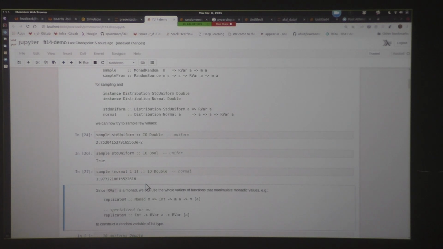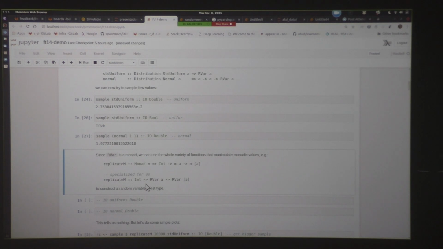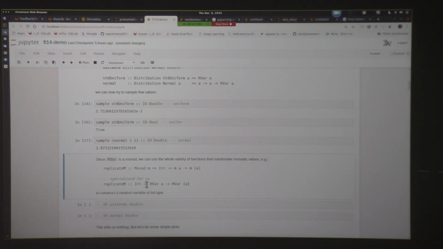But since the random variable is a monad, we can use a lot of functions that work with monads. Sure. How does it work that you return the IO monad, but you get the toString? It's automatically evaluated, right? That's how it works? IO is the suspended computation. Yes, I mean this works like GHCi. So it interprets immediately. It has some kind of syntactic sugar so that you don't need to do let to substitute something, and it prints you the result by default.